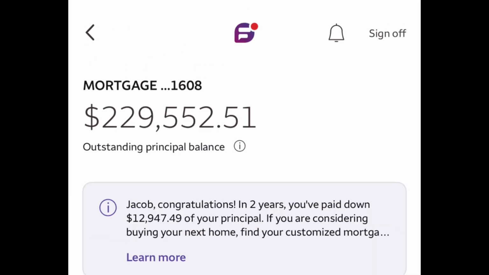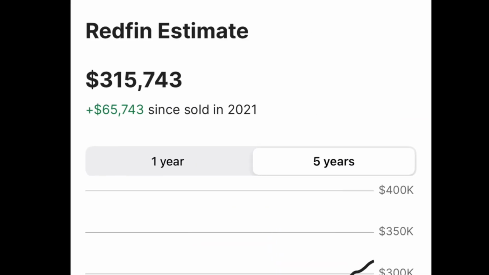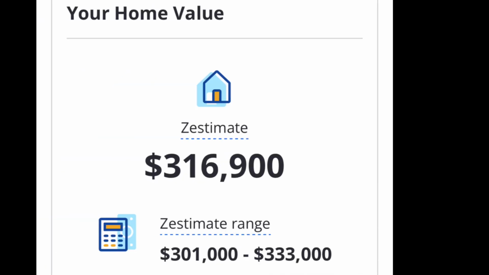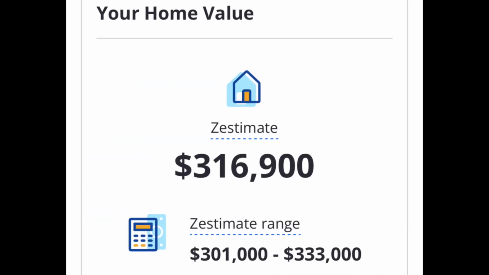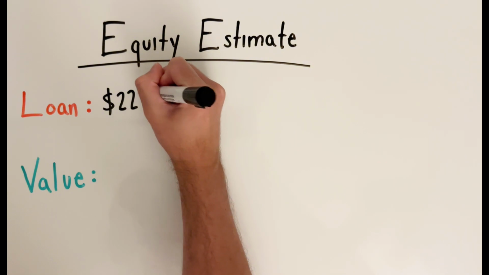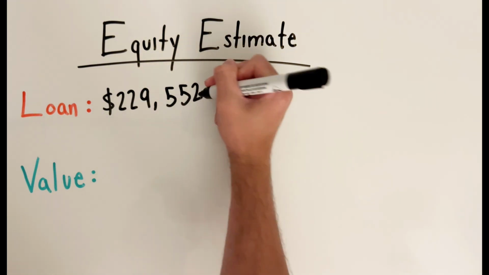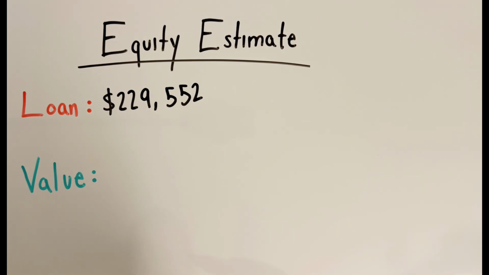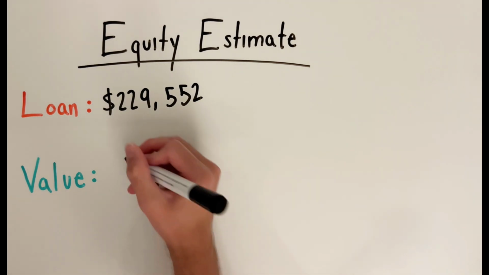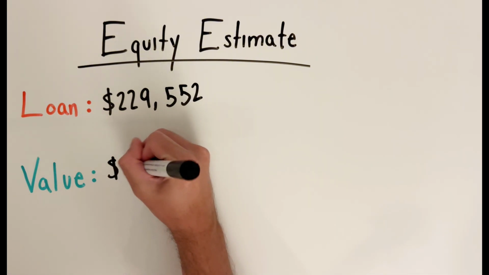From there, we're going to head to the drawing board and use my exact numbers on the property that I just removed PMI from. Here's my current loan amount. Here's my Redfin estimate. And here's my Zillow estimate. $229,552. So that's what I owe. Based on Redfin and Zillow, it looks like my property is currently valued at right around